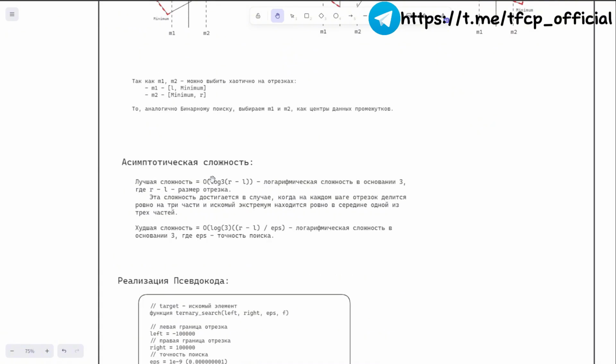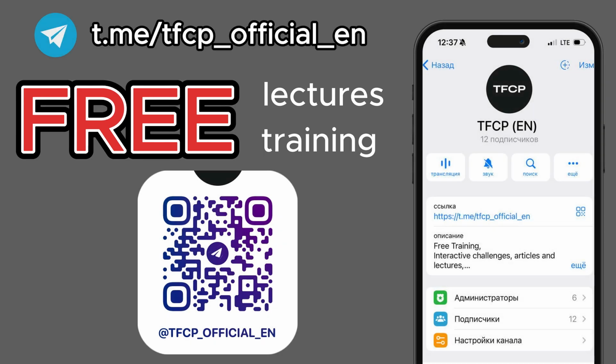Accordingly, the complexity. The best complexity of this algorithm is O of the logarithm of R minus L with base 3, logarithmic complexity with base 3, where R minus L is the size of the given segment. This complexity is achieved